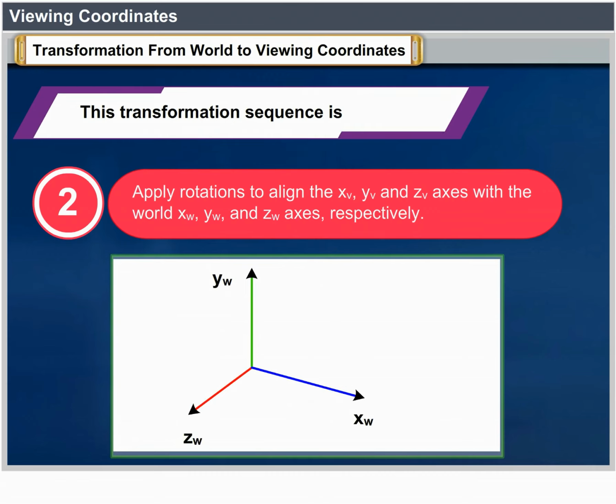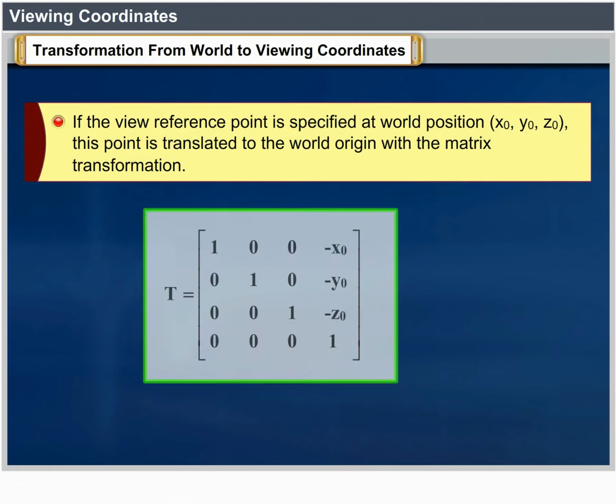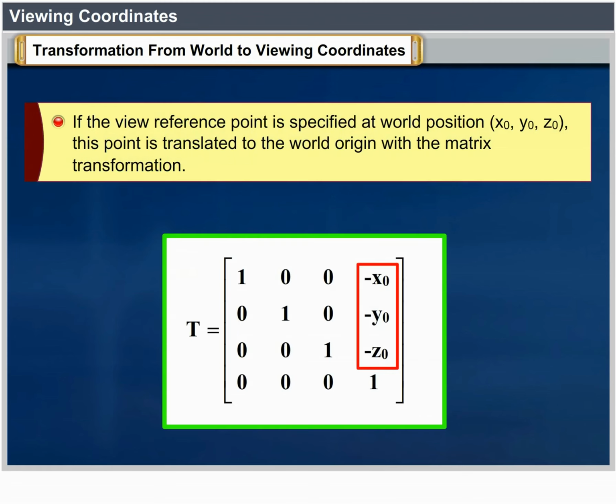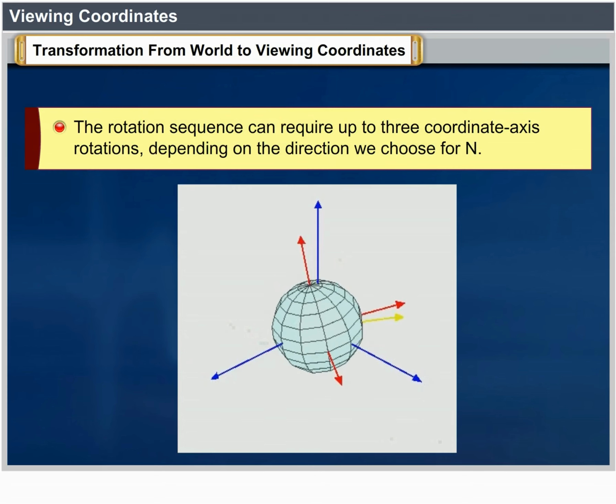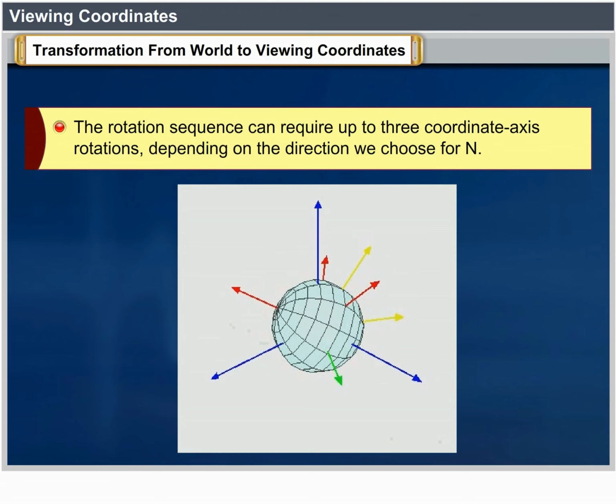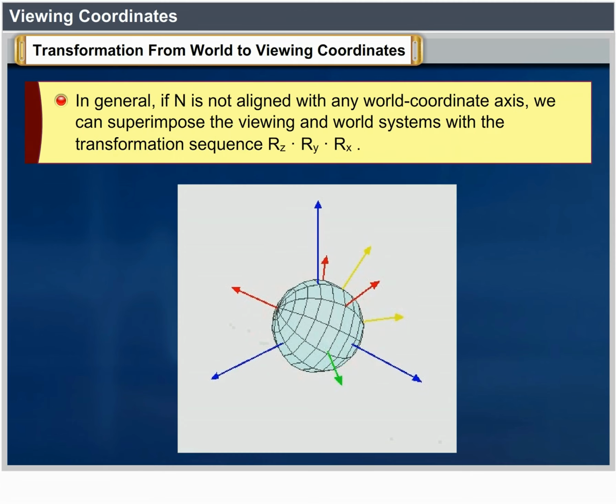If the view reference point is specified at world position x0, y0, z0, this point is translated to the world origin with the matrix transformation as shown. The rotation sequence can require up to 3 coordinate axis rotations depending on the direction we choose for n. In general, if n is not aligned with any world coordinate axis, we can superimpose the viewing and world systems with the transformation sequence